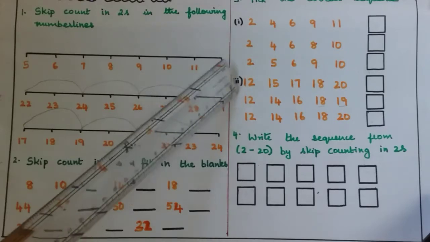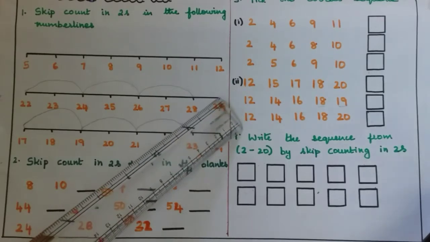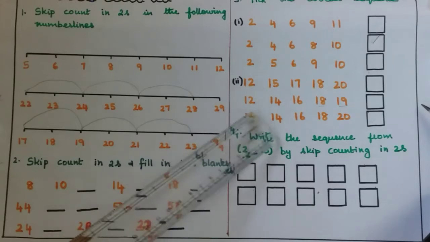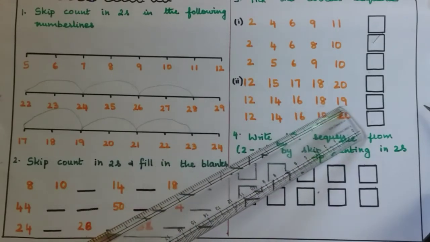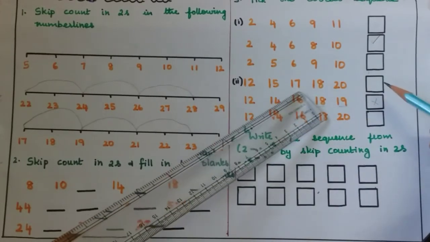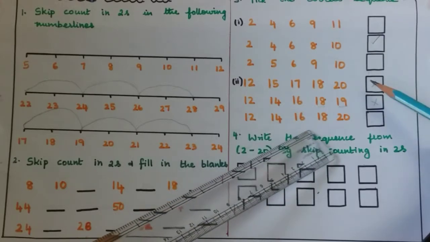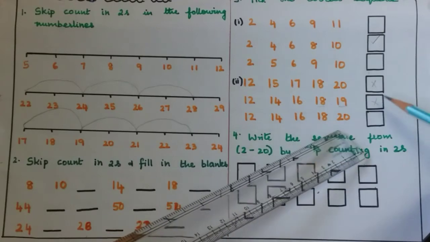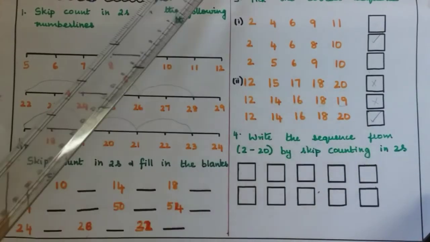If you look at the second sequence, it is 2, 4, 6, 8 and 10, which is the correct sequence. So the child has to put a tick in the box given. And the third sequence also has a mixture of both odd and even, so it is the incorrect one. If you look at the next set of sequences, the first and the second sequence has a mixture of odd and even numbers, so both are incorrect ones. So obviously the third sequence, which is 12, 14, 16, 18 and 20, is going to be the correct one, so the child needs to put a tick mark in the box given.